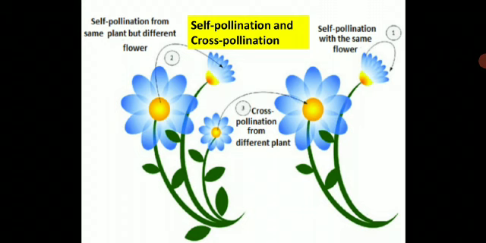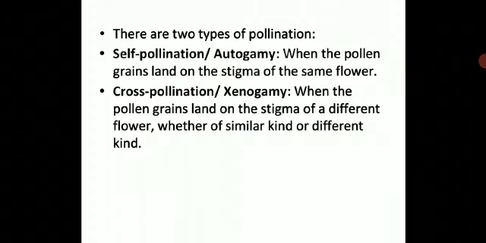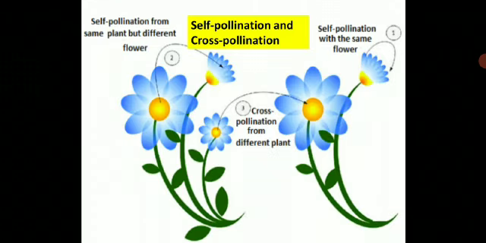First thing, self-pollination with the same flower. The flower of the same plant which you see over here can undergo autogamy, which you have learned just now. Autogamy, where self-pollination can happen in the same flower, the bisexual flower, which has both male and female reproductive parts, the anther and pistil, that is, stamen and pistil together. So there is a high possibility that pollination of the same flower can happen, that is autogamy.